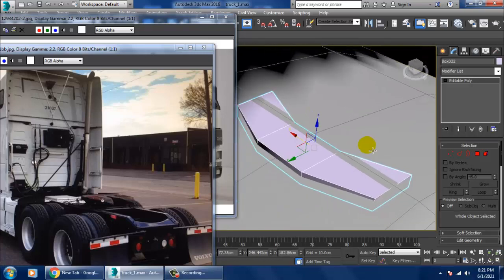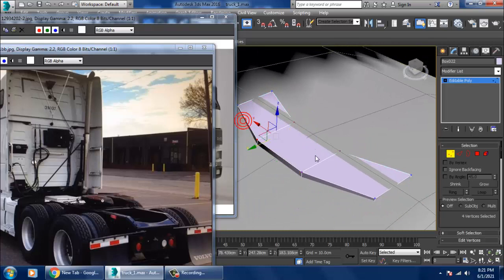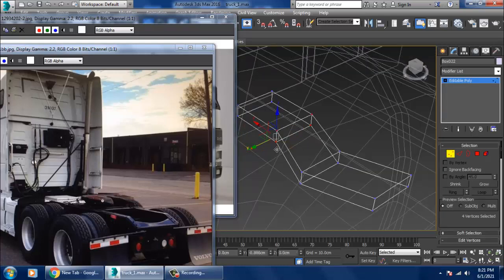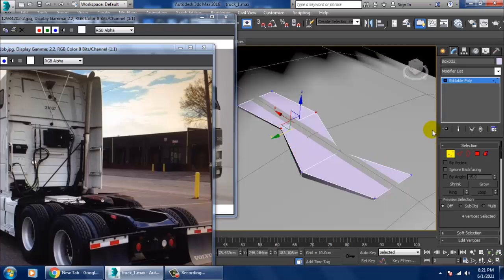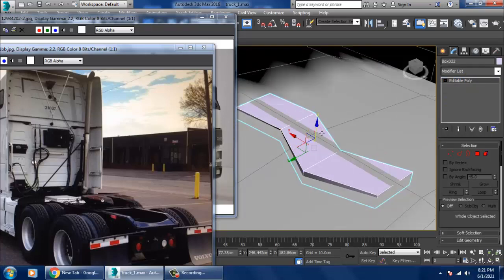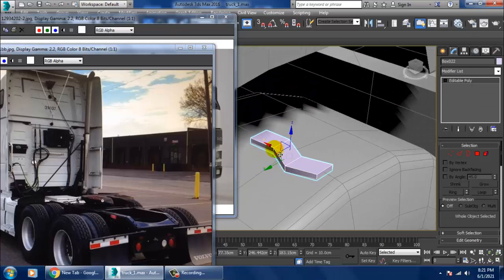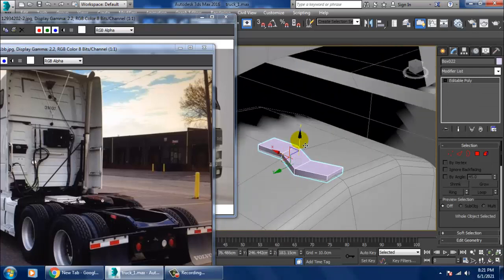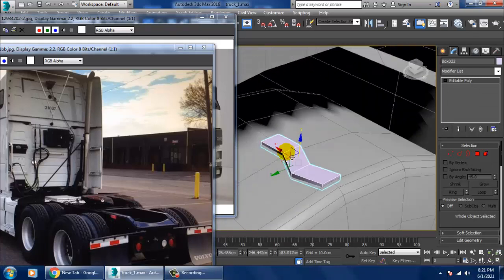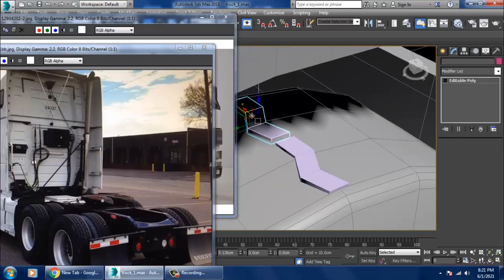So if you want, I can slightly shuffle this in this way. I'll push it up. So let's just duplicate that.